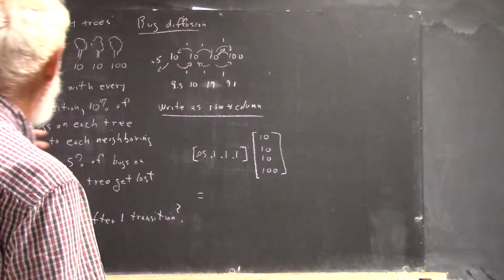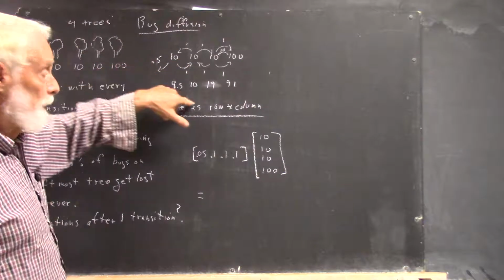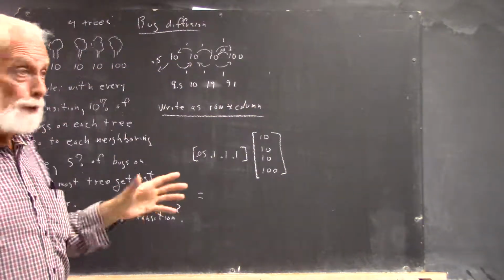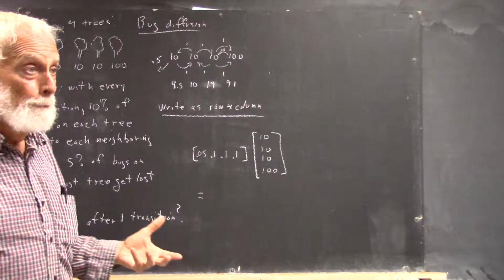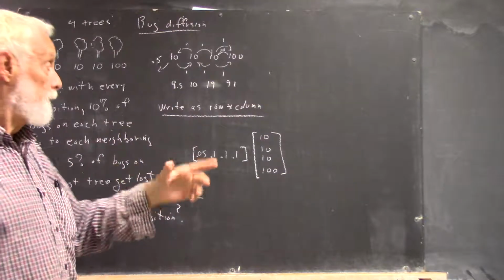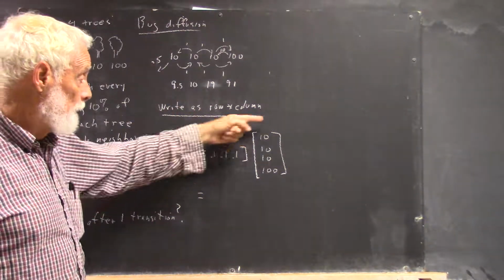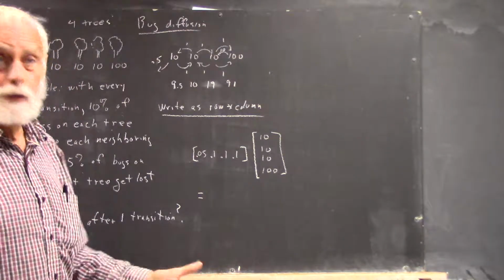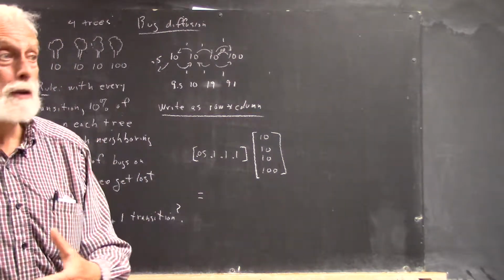Okay, so in this problem, we can easily draw a picture like this and get the right answers, right? We can also do this with a matrix multiplication, so that's the question we posed. Now, one of the first matrix calculations, I just said row times column, right? One of the first rows times columns I saw was this. That turns out not to give the right answer, but at least we see how to multiply a row by